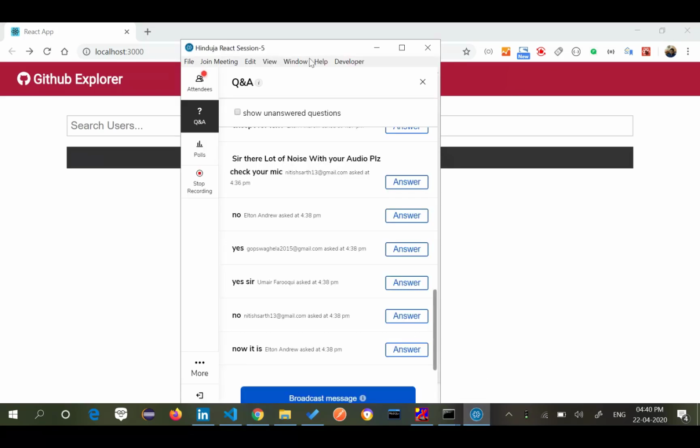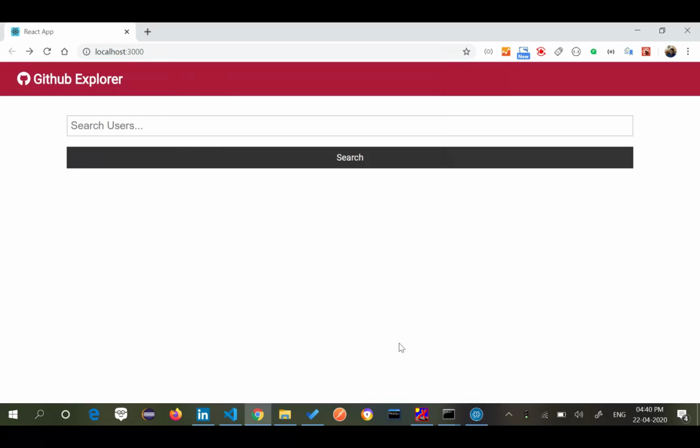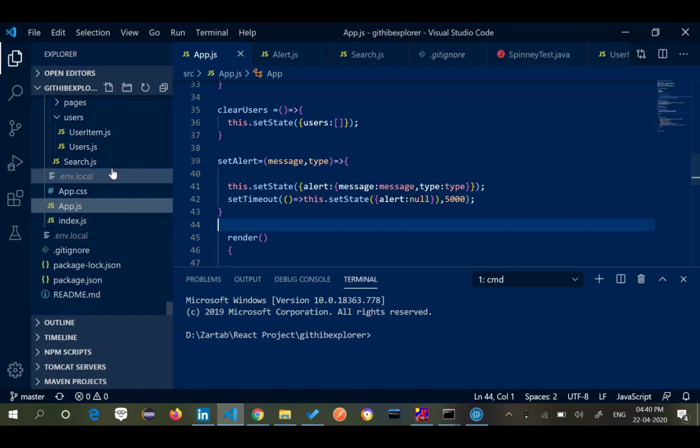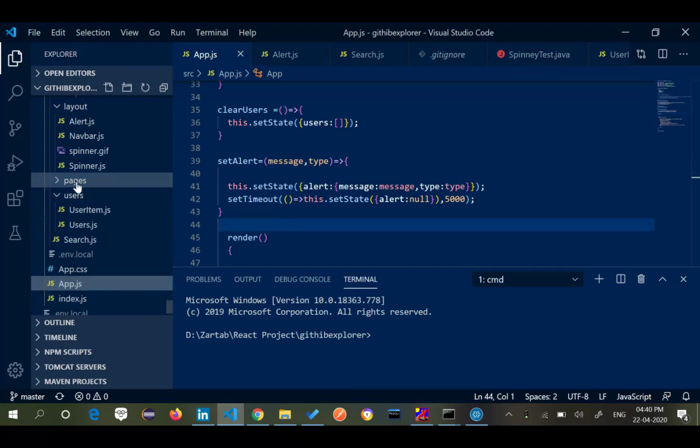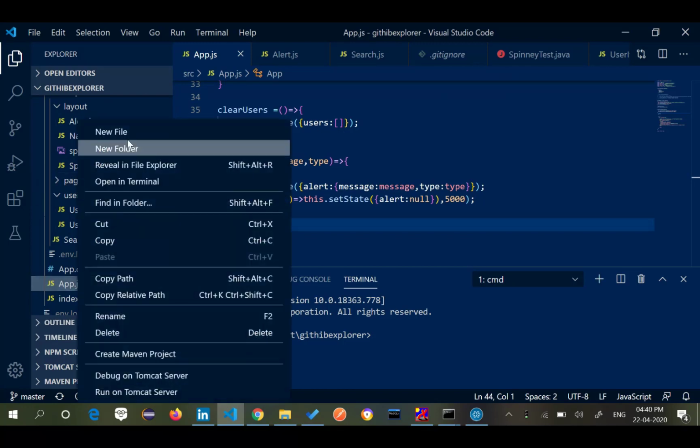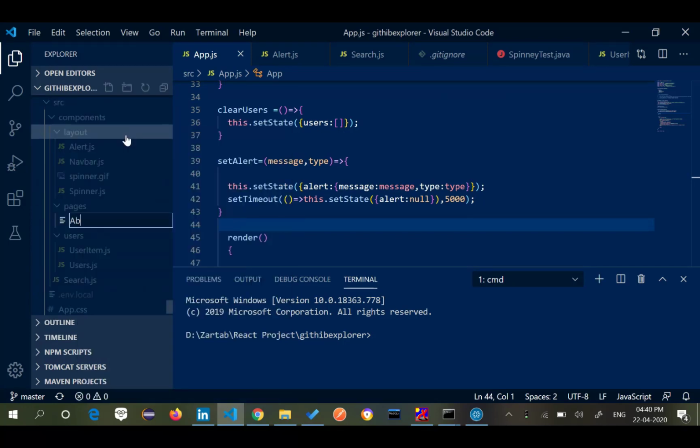To create the About Us page, let me go to my browser. Last time I created a folder by mistake, that was pages.